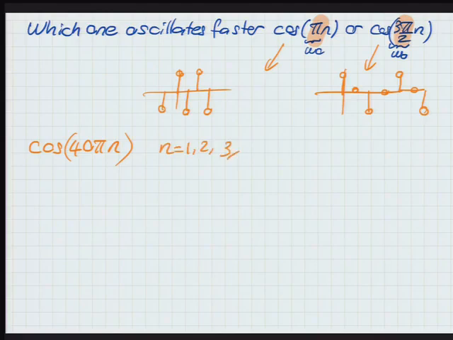So what's the period of the signal? What does the signal look like? At n equal to 0, you have 1. At n equal to 1, you have cosine 40 pi, which is already a multiple of 2 pi, right? So you're not going anywhere. Your period is 1 or 0, whatever you want to call it. It's a constant signal. So I think you're thinking continuous time when you say hertz. And remember, in discrete time, we're dealing with integers, and that creates some peculiarities in the signals.